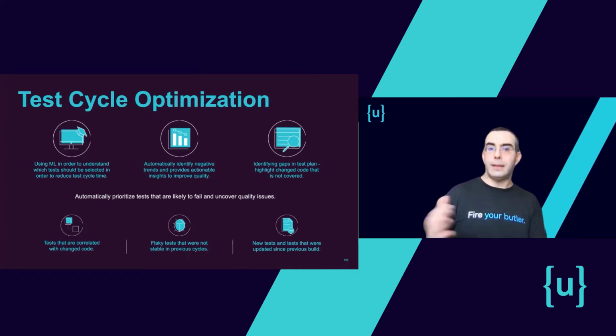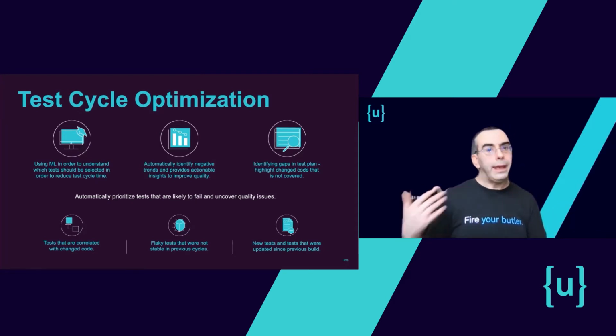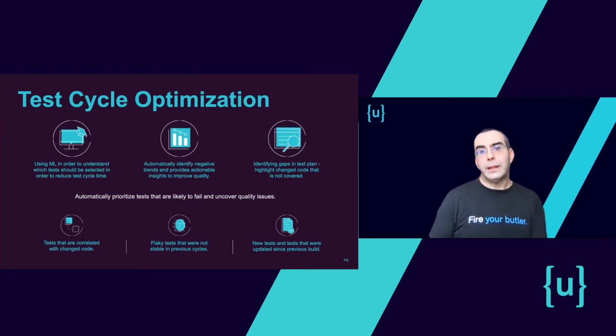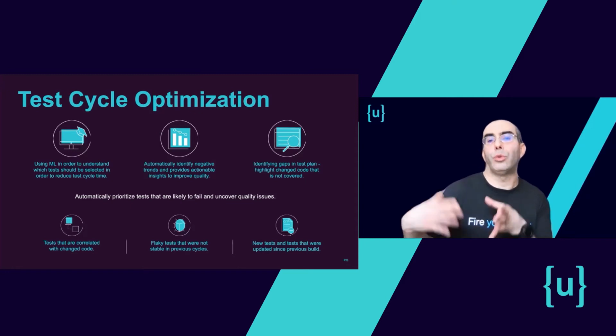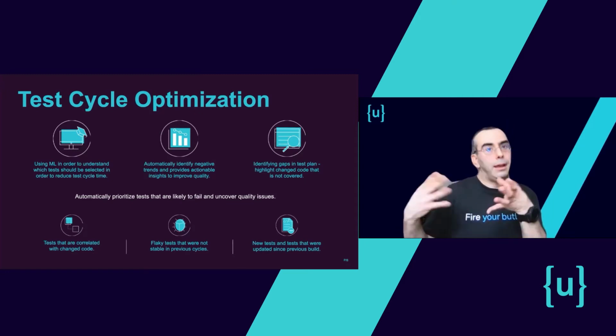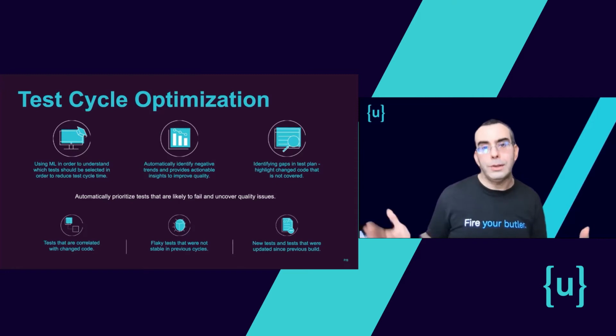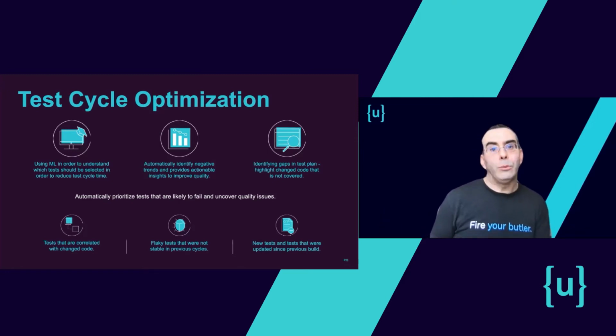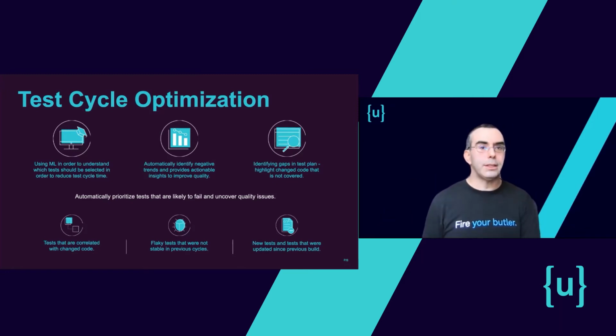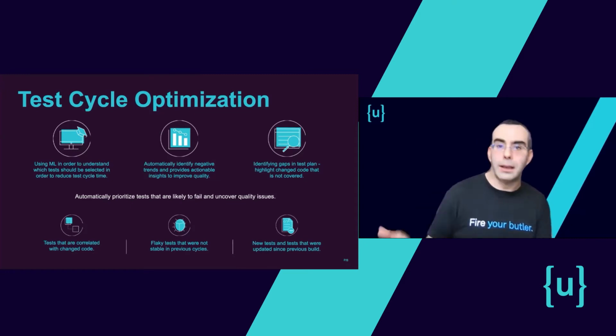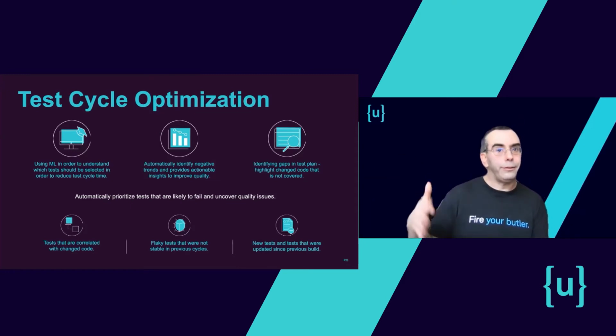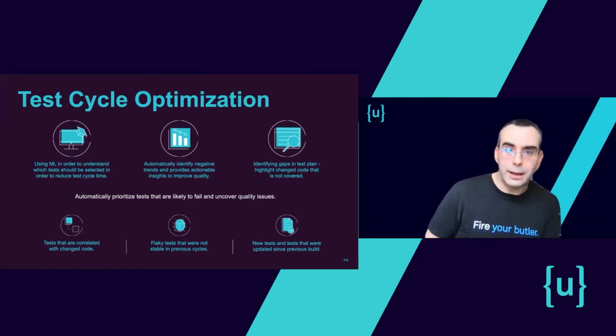So by taking the tests that relate to code changes, the flaky tests, and the tests that have changed since the previous execution, we can come up with a subset of tests that are probably more important to run. They may fail because they are more risky. And we will make sure that we run these tests at the beginning of every test cycle, so you don't have to wait. So you can fail fast,